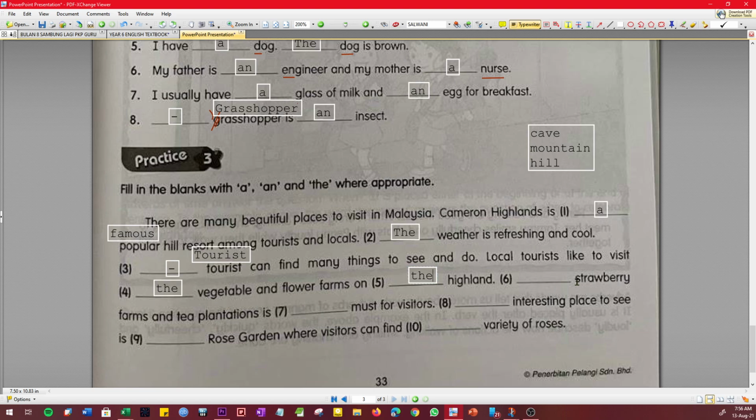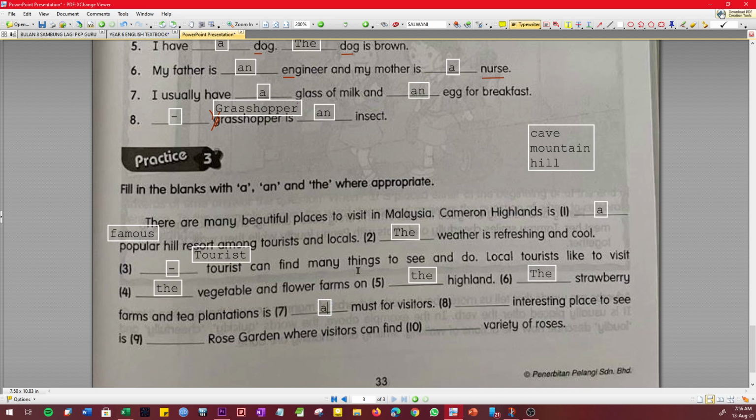What rule is this? Which rule do we use? Specific. Farms. What farms? Which type of farms? Strawberry farms. Plantations. What type of plantations? Tea. Okay. It is specific. So we use the strawberry and farms and tea plantations is okay. This one